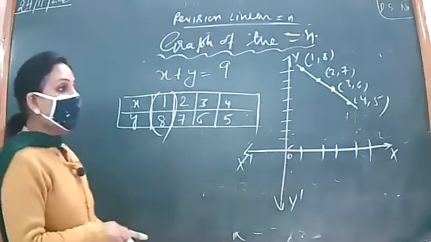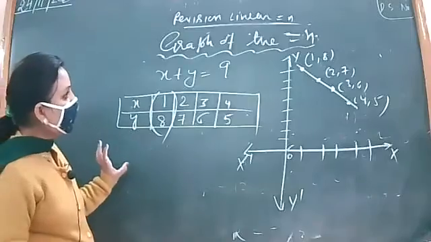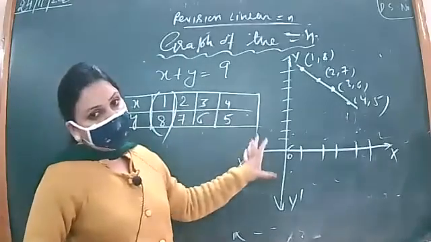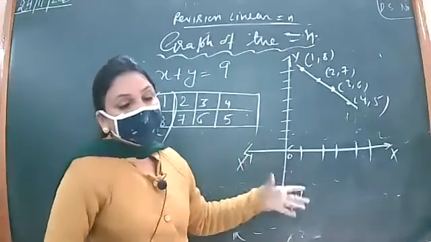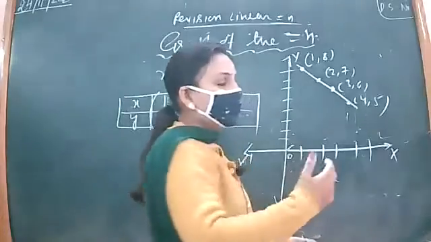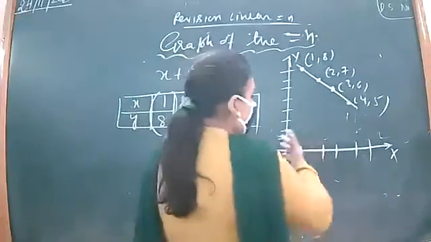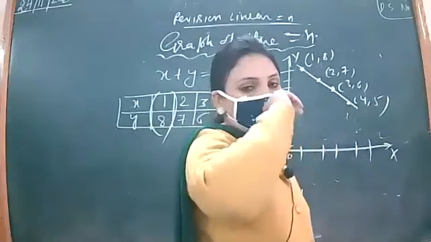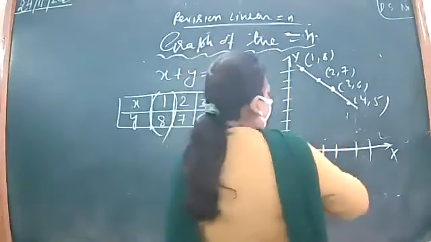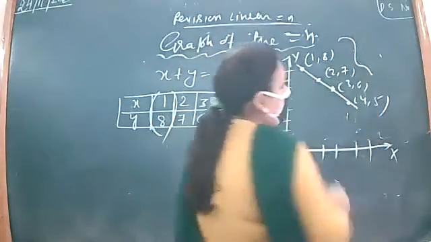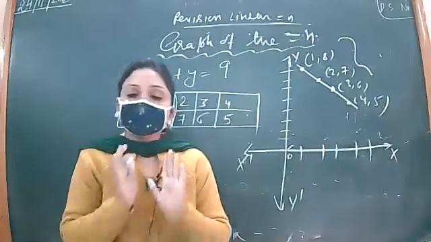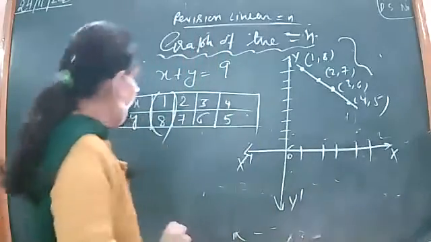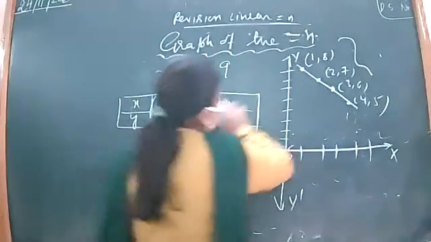Secondly, whenever you draw the graph of a linear equation in two variables, you get a straight line. I just want to say that a straight line doesn't mean that it is horizontal or vertical. That is a particular case we will discuss afterwards. But it is always a straight line. You will never get a curve like this. That is for sure. Let us start with the next concept.